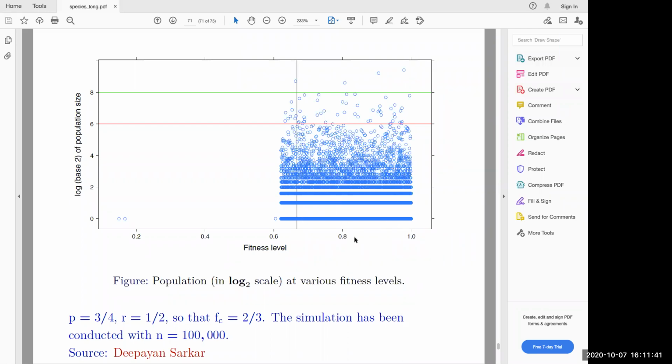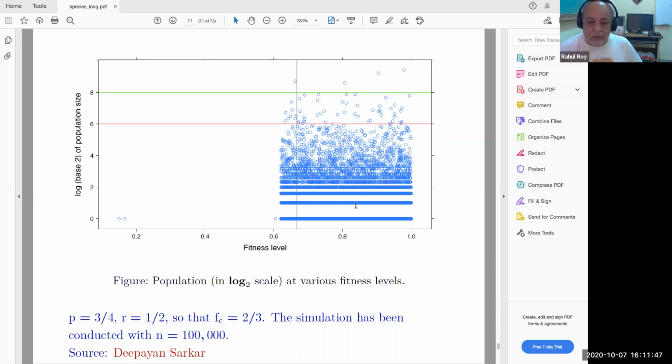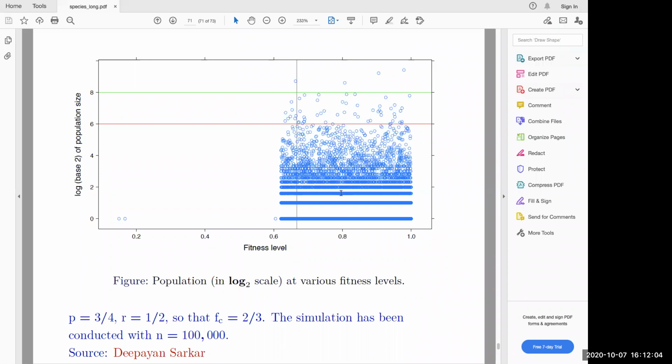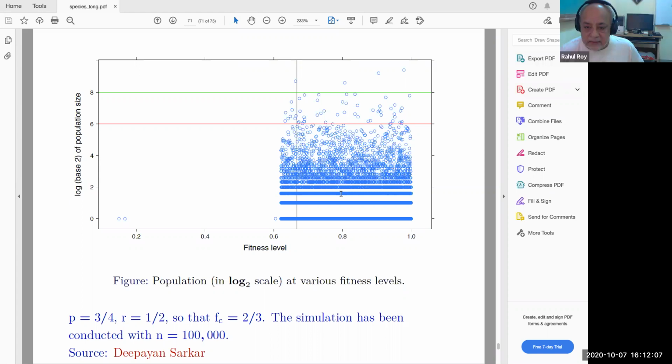Then what is the next horizontal blue line? So let's say 0.79 had only one individual. 0.78 could have had 2 individuals. 0.77 could have 8 individuals, or 2 to the 12, 4, etc. But because they're really dense, not in the mathematical sense, but really, these lines become continuous in depiction.